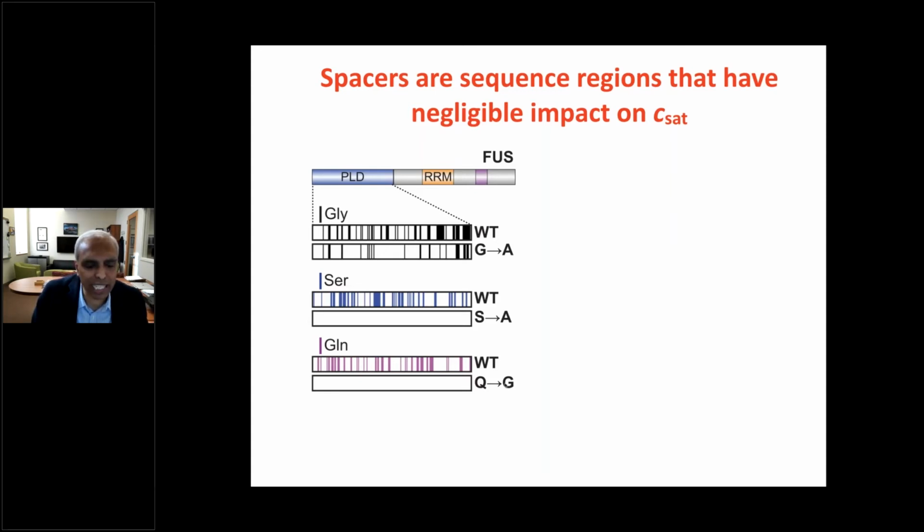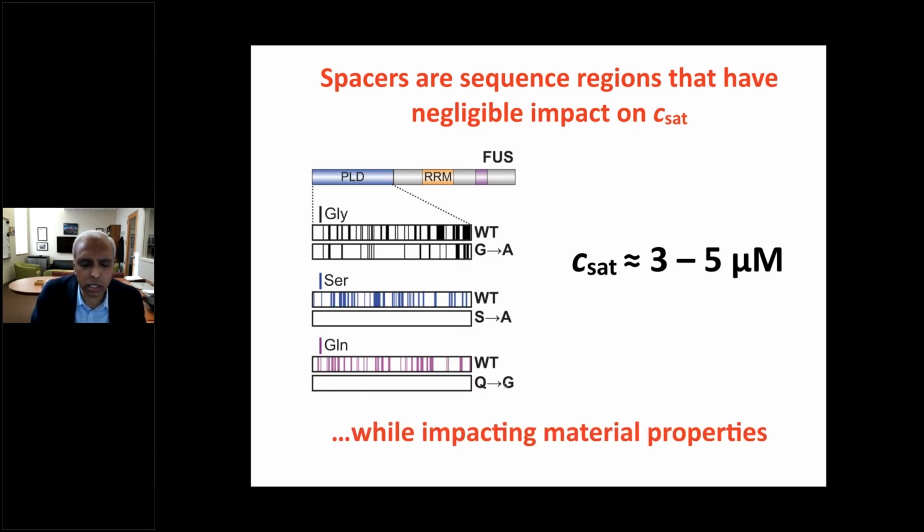As a way of testing this, what Zia did was, based on various prescriptions we came up with, substituted glycines with alanines, substituted serines with alanines, and substituted glutamines with glycines. Now, if these are stickers, they are auxiliary stickers. And the measured saturation concentrations for these basically stay wild type like. So there's no impact per se for these changes on the saturation concentrations,